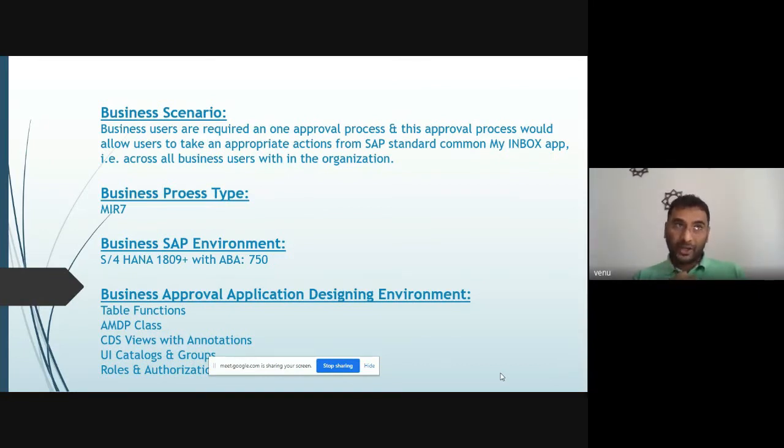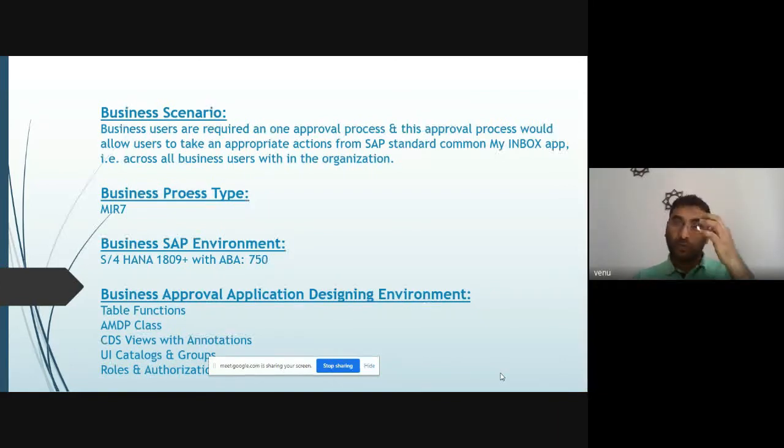Now, our applications we are going to provide within a standard application, because as a business user, as an end user, what do we expect? I expect to have all approvals in one place, not in different applications. The user always wants one point of contact for all applications: PO approval, PR approval, leave approvals, all in one area, so he can perform his own actions. So that is what we are going to try today.